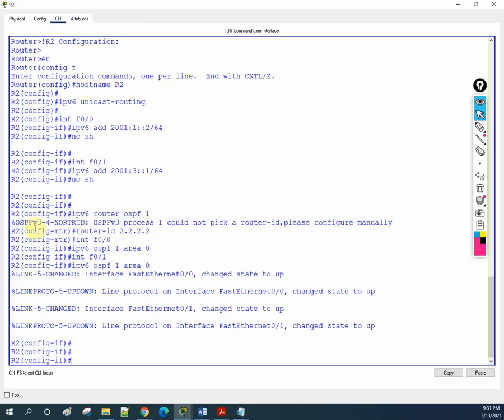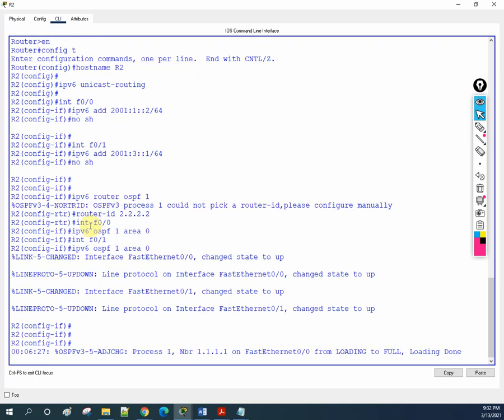We have the warning, if you see here, whenever you are trying to configure the IPv6 router, we are getting the warning about OSPF version 3. We have two types of OSPF, version 2 and version 3. If you are configuring IPv4, that is version 2. In version 2, if we did not assign the router ID, the router automatically takes the highest IP address. If we have a logical loopback, it will check the highest loopback IP and take that one as the router ID. In IPv4, if you don't have the loopback, then it will check the physical interfaces and take the highest one.